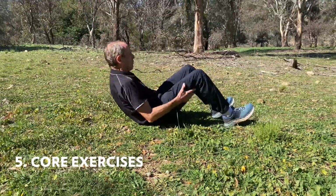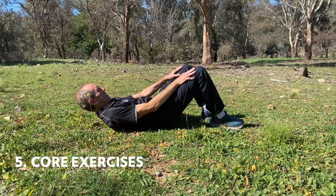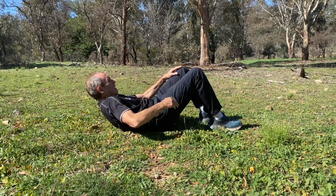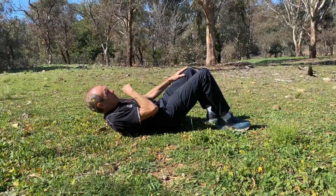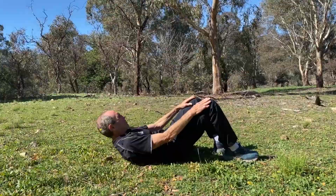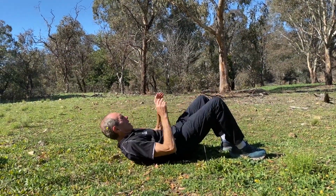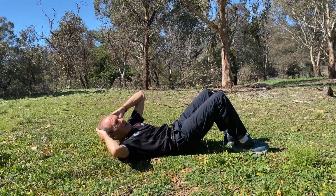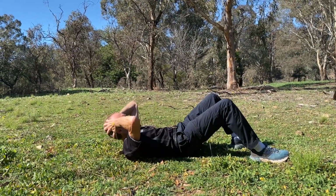I do these a couple of ways. Standard way, I like to have my fingers on my knees and just do little crunches, and I try to flatten the lumbar part of my spine, just flatten that down so that I know I'm in a good posture while I'm doing this. Then the second part, I usually do a little bit of rotational work, and the rotational work is for the rotators of the ab muscles, and I like to